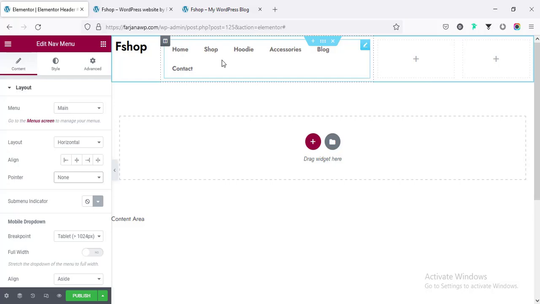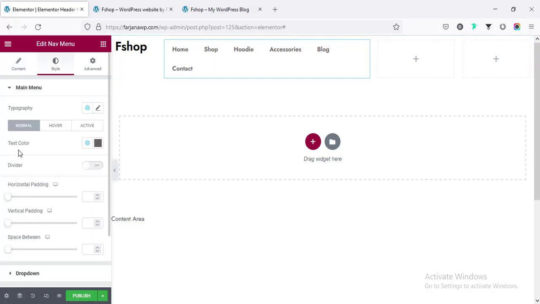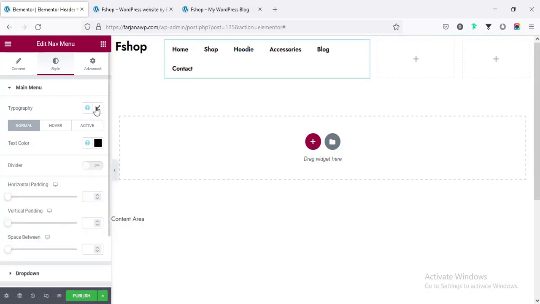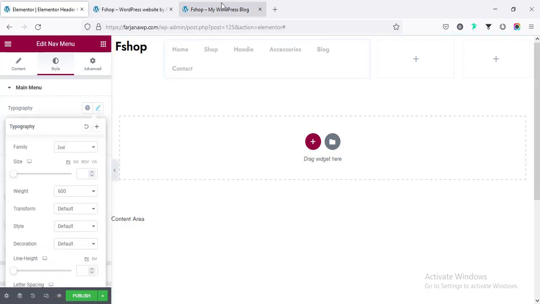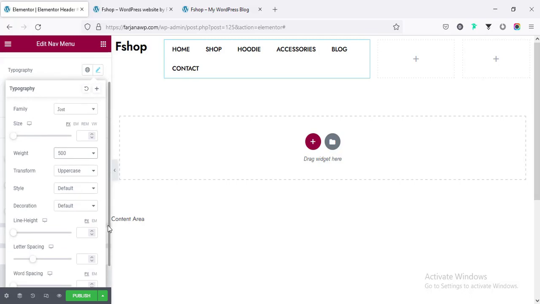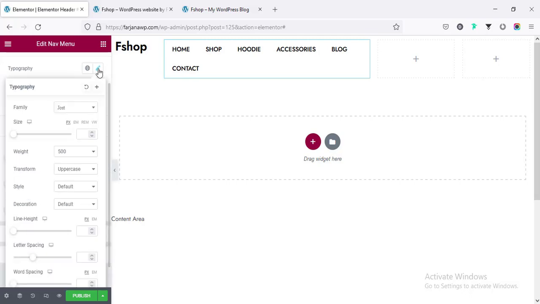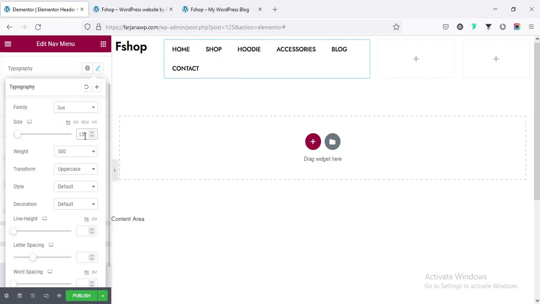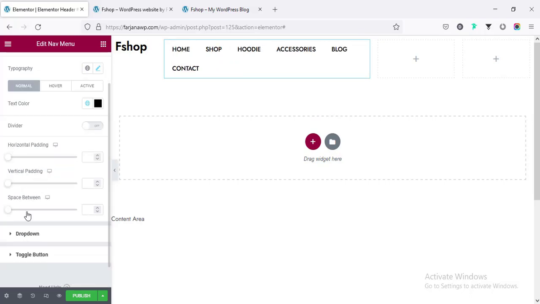And now going again here, going to style tab, and text color we can make it black, and also the typography we can change. We can make it uppercase. Font weight we can make it 500, and we can add some letter spacing. I'm adding 1, or we can remove it. We can decrease the font size. I'm making it 18 pixel or 15, and here we can change the space between each item or the